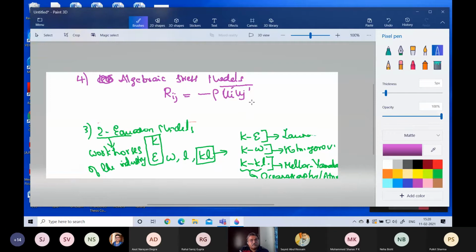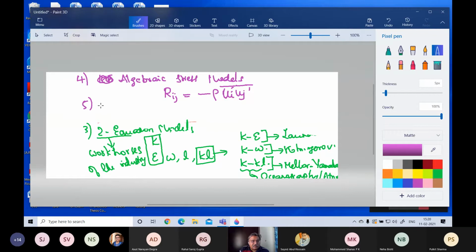In a differential equation, we use differentials, it's a d by dx of certain things. Algebraic means you use a simple equation, like L equals kappa y is an algebraic equation. So there is an equation for Reynolds stress and different elements of the equation are simplified using algebraic models. They are known as algebraic stress models. That actually didn't enjoy much popularity because it was not very successful.